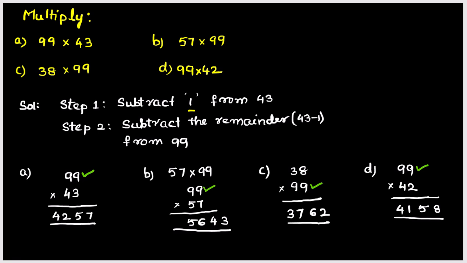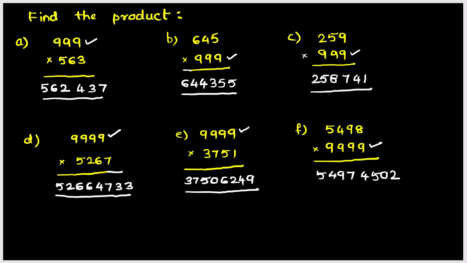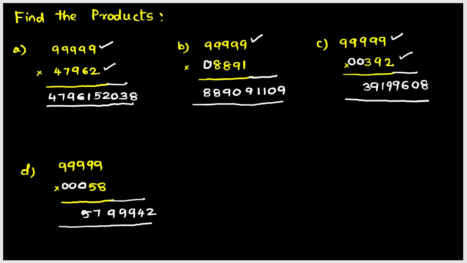Okay, so we have seen product of two numbers containing 2 digits. Okay, in that one number must contain all nines. Okay, here one number contains 3 nines. Here one number contains 4 nines and 5 nines. Okay, so this is a sutra. So now at last let me give you a problem. Then what is the product of